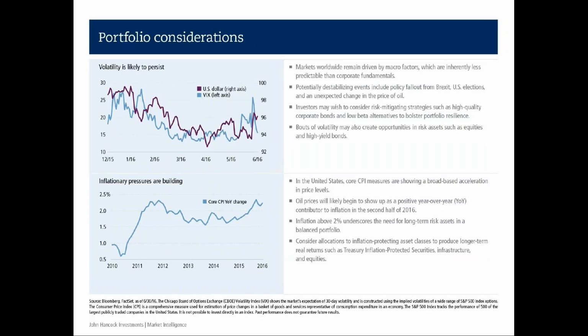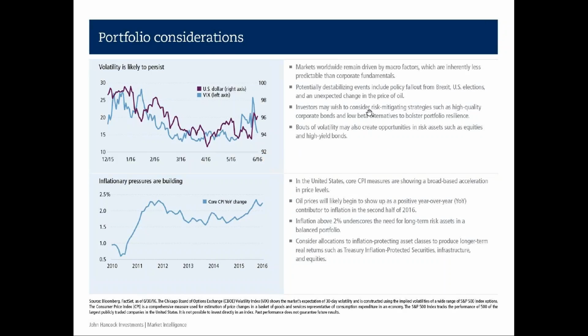So to close up here, two last things to think about. One is volatility. We think volatility continues to be elevated here. The one thing we're watching in terms of volatility, which would be a catalyst, is the US dollar. If the dollar continues to rise, we think that volatility will rise with it. The dollar's actually weakened a bit, and it feels right now that volatility is kind of complacent. The markets are not really worrying about volatility that much. The VIX is down about here right now. And we think volatility could certainly elevate in the months ahead.